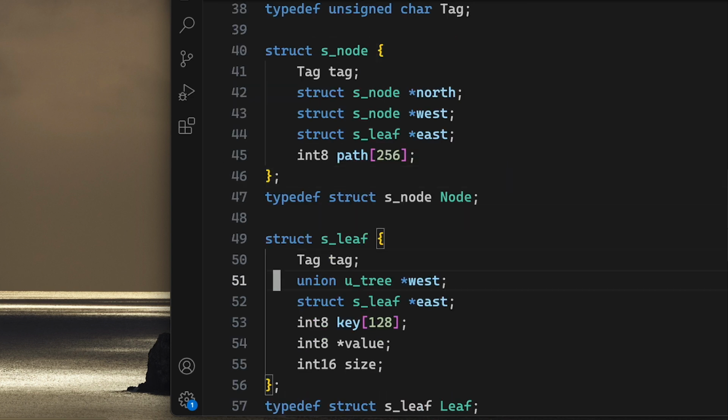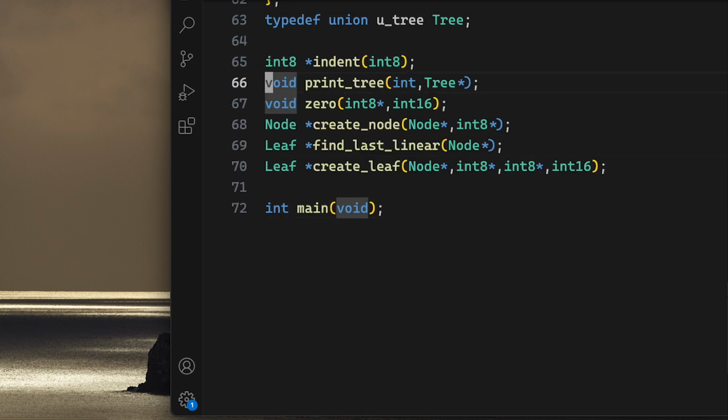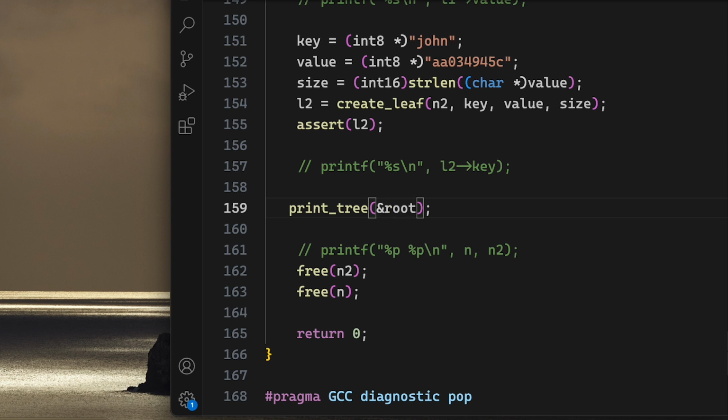Let's check the signatures. Print tree, no, it accepts a tree. Oh, but it wants an int as well. Right, that's the one. So we need to put the FD. And what is the FD for standard output? Well, you can think like this. First is the input with the keyboard, so that's 0, and then we have the standard out, and then we have the standard error. So in this case it's simply the 1, like so,